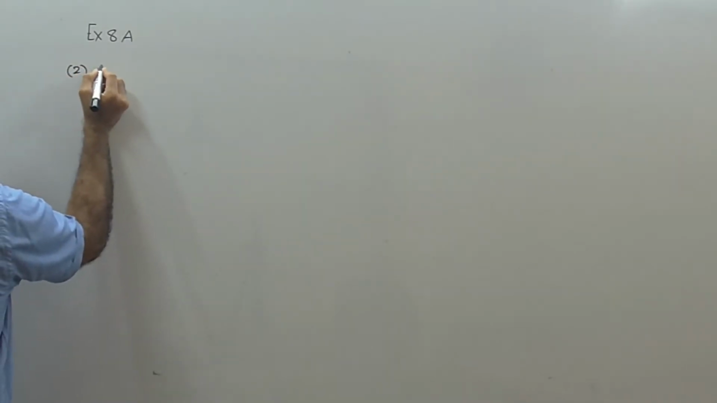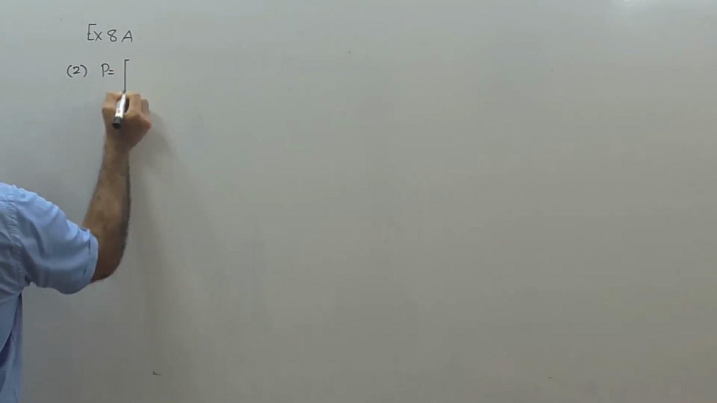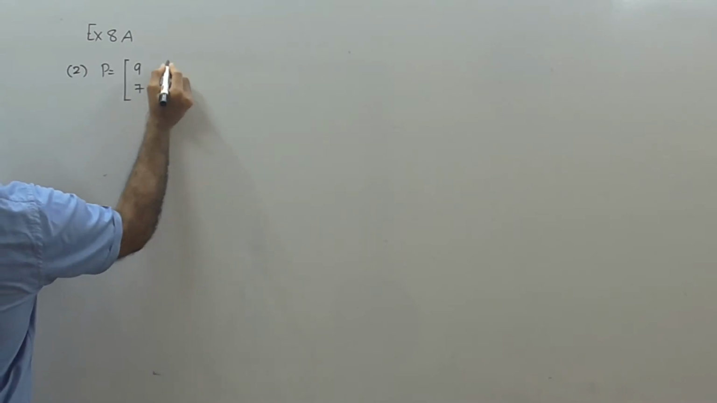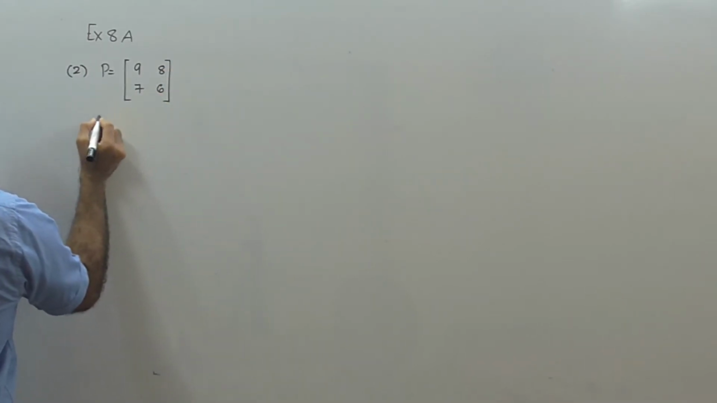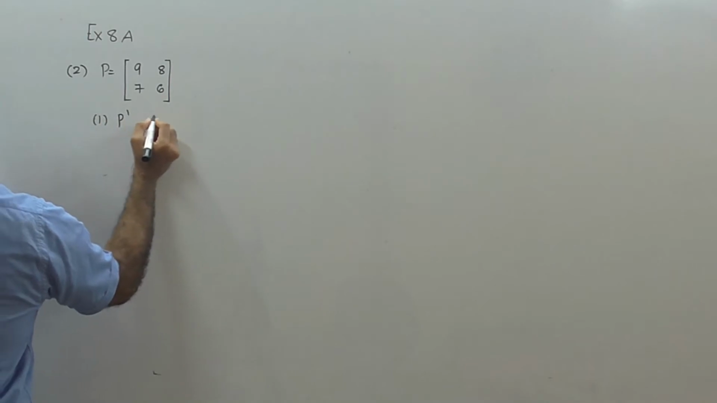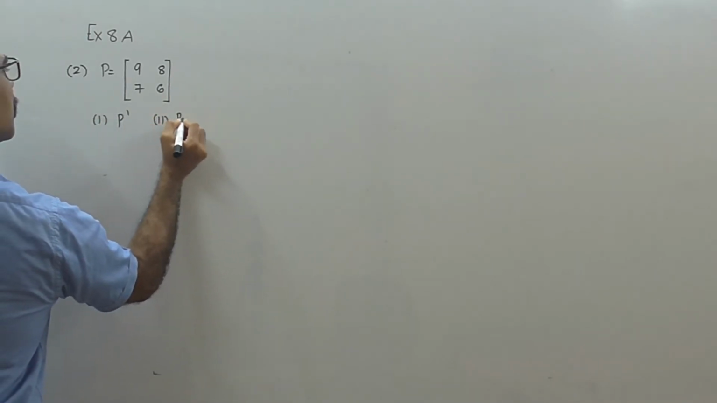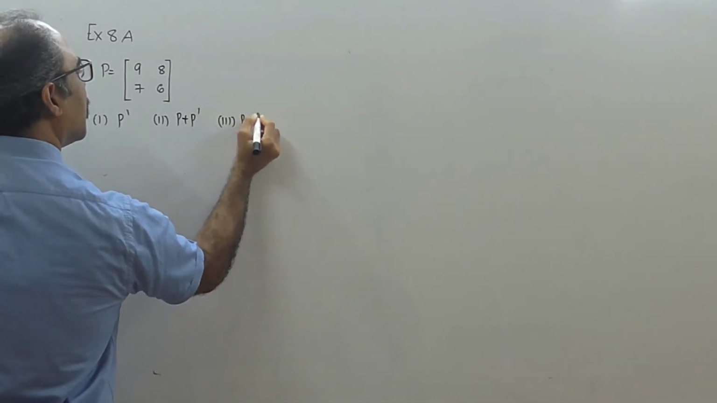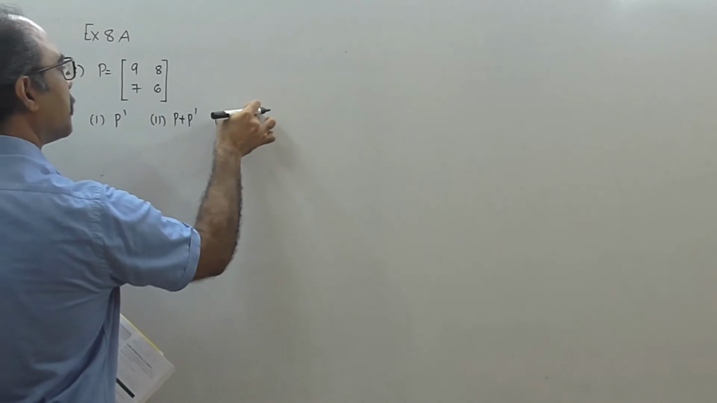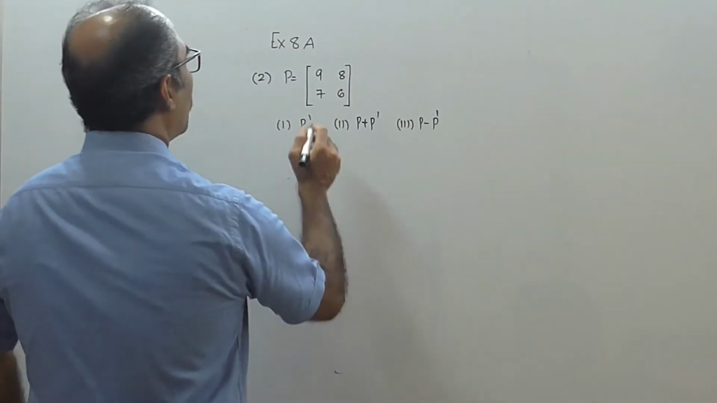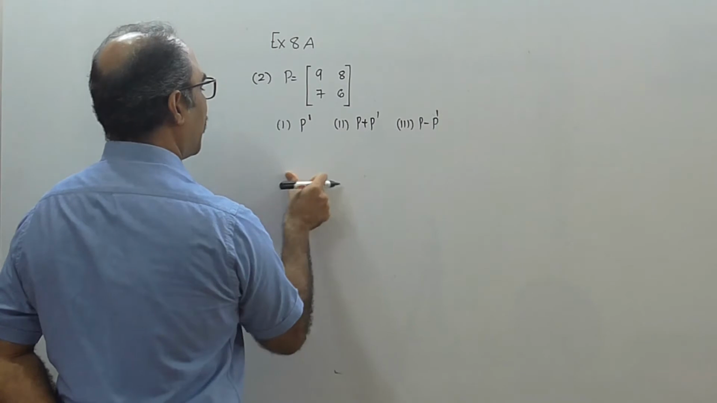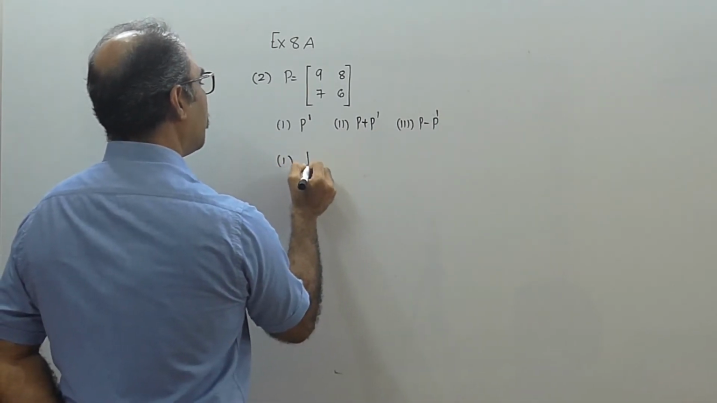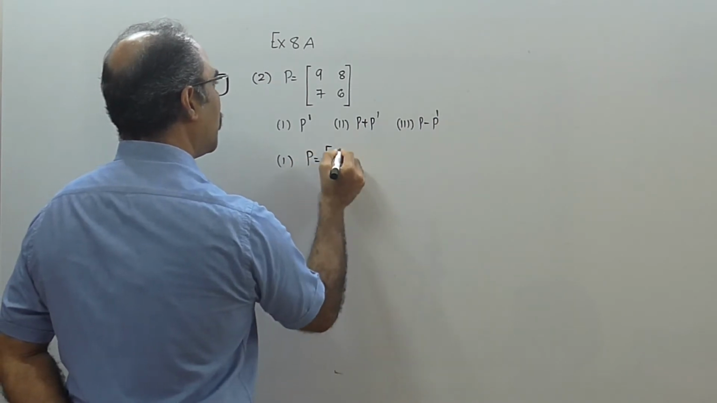Question number 2. P equal to [9, 8; 7, 6]. You have to find number 1, P dash, number 2, P plus P dash, and number 3, P minus P dash. P equal to 9876. You have to find the value for P dash and P plus P dash. So sum number 1, given P equal to